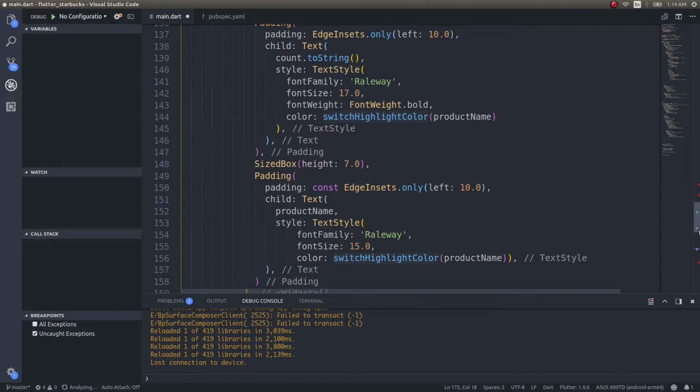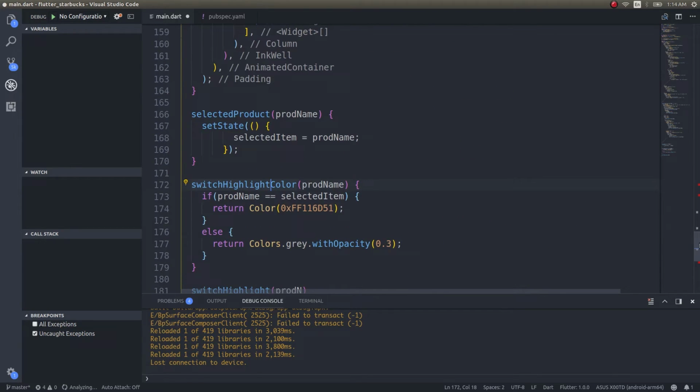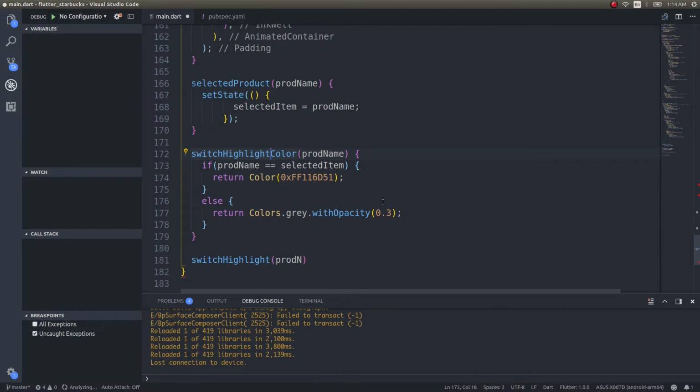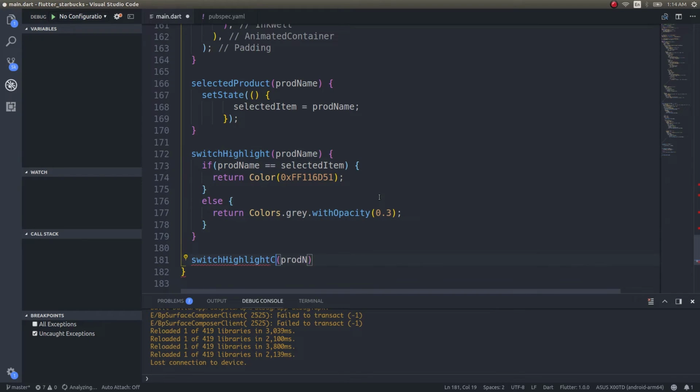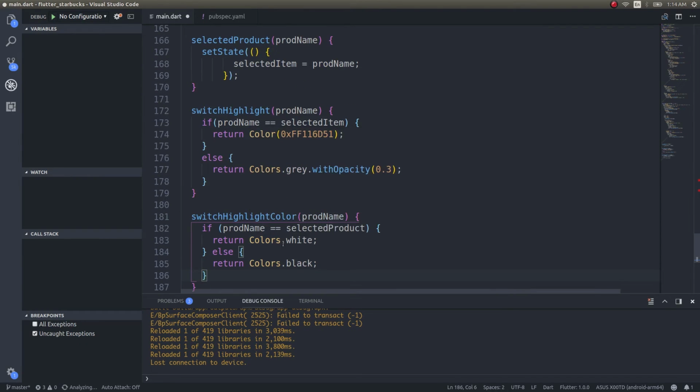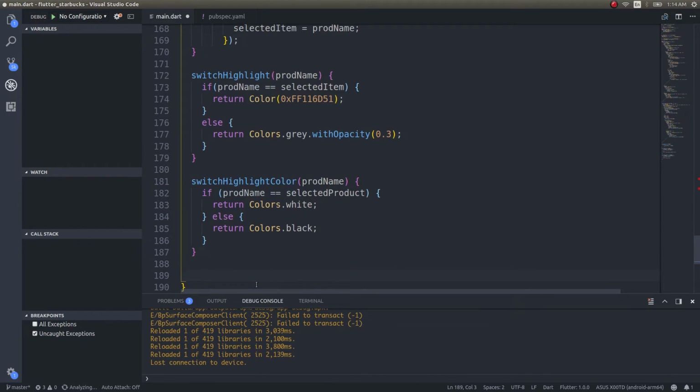Text uses which highlight color, so it should be either black or white. That's about it. So this should be the highlight, sorry. Okay, now this should be the highlight color. This will be either black or white. That's it. If it's selected, it should be white, and if it's not selected, the text should be black. That's about it. And we'll go ahead and move on with switch